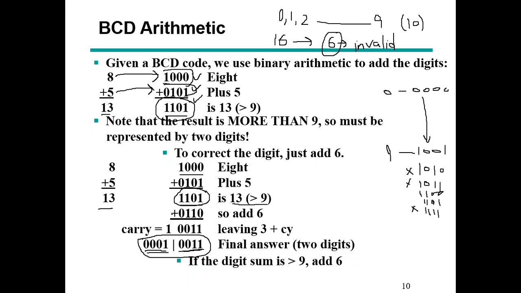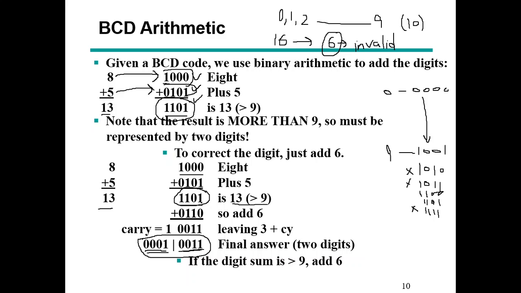तो कैसे आपको 13 मिलेगा? You just add 6 with it, ठीक है। अगर आपके पास sum of two BCD digits is greater than 9, you just add 6 with the sum, ठीक है। अच्छा, ये कैसे पता लगाएंगे कि वो ग्रेटर देन 9 है या नहीं, उसको हम बाद में देखेंगे। लेकिन when the sum of two BCD numbers, when you add them, it is greater than 9, so just चुपके से उसके साथ 6 ऐड कर लें।